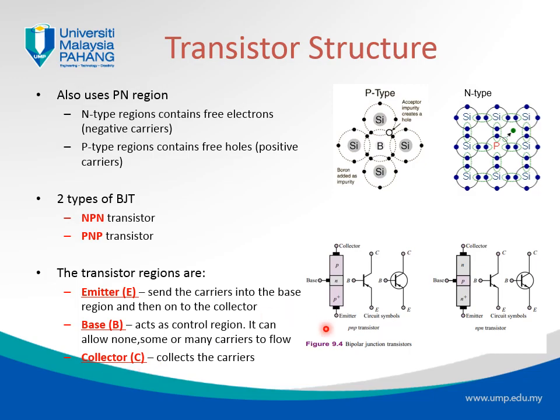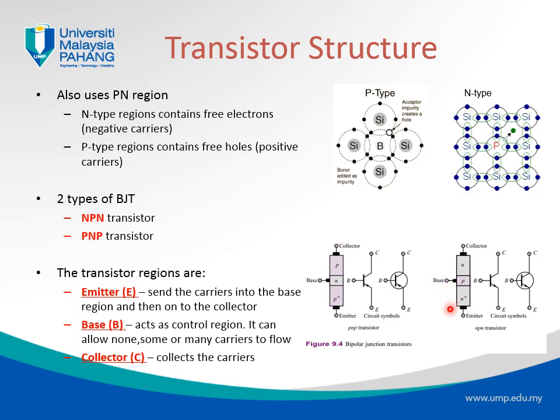For example, here in a PNP transistor, we have the N as the base, and both P regions serve as collector and emitter. Here are the circuit symbols, but before we go into them, we will explain in the next slides why we have this kind of circuit symbol and what these arrows mean. But before that, let's look at the NPN transistor,